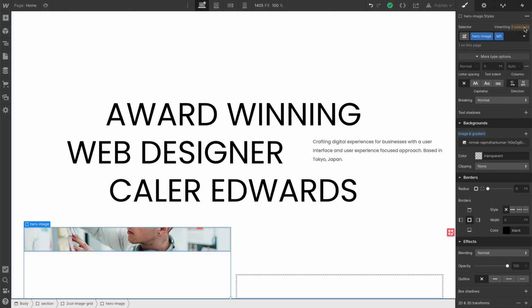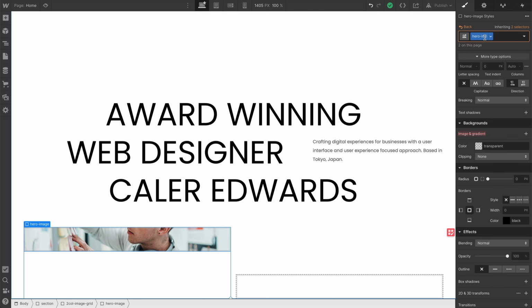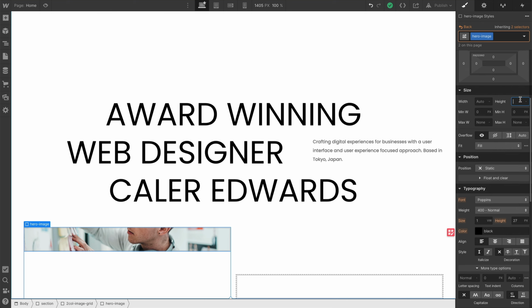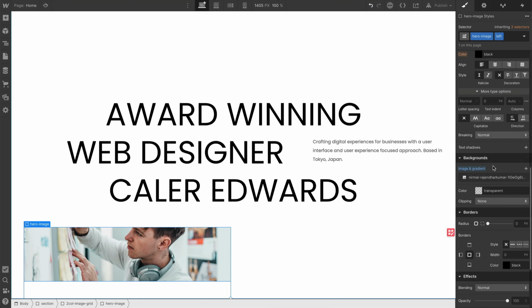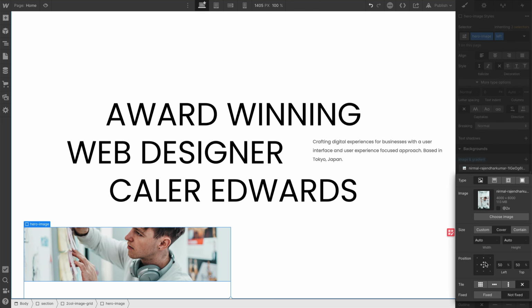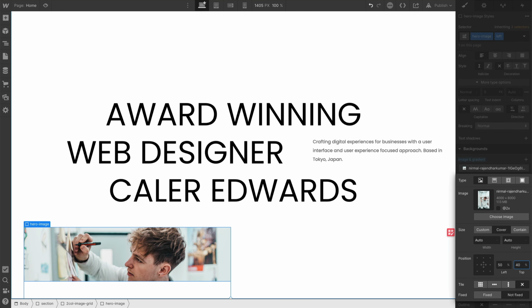because we're going to go back into our hero image. So I'm going to select right here and grab hero image. So I'm adjusting the hero image class itself and not the combo class now. And we'll set a height of 167 pixels just to make that a little bit bigger. And then we can hit back on that. And so now we're adjusting the combo class. So if we want, we can adjust this a little bit better. So maybe 40% on the top or 46